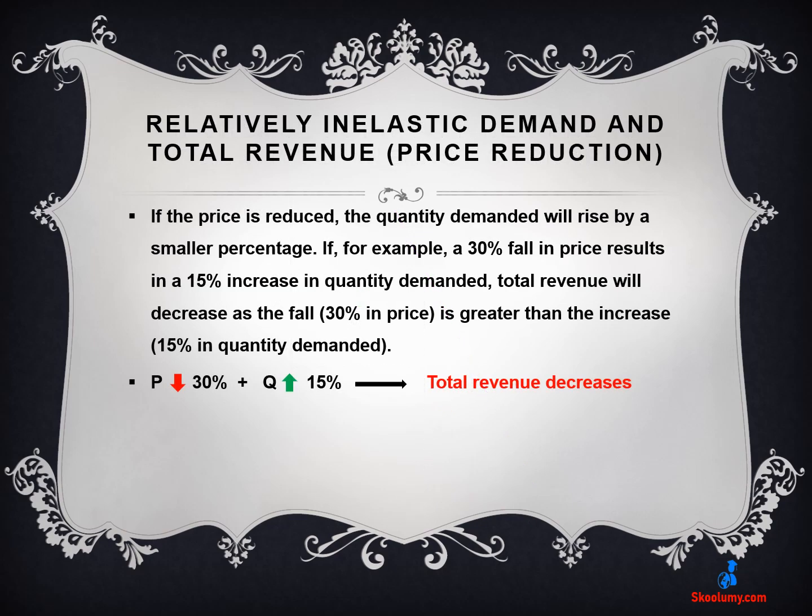For relatively inelastic demand, a reduction in price will cause a smaller increase in quantity demanded. For example, a 30% fall in price results in a 15% increase in quantity demanded. The PED is 15% divided by 30%. PED is 0.5. It is relatively inelastic because it is less than 1. There will be a decrease in total revenue as the fall, 30% in price, is greater than the increase, 15%